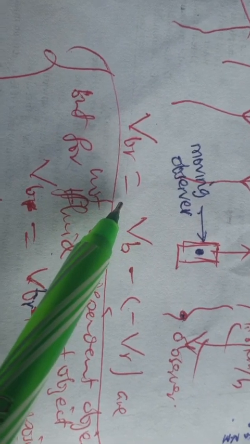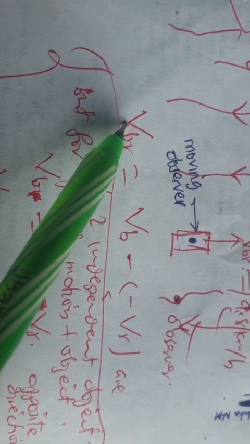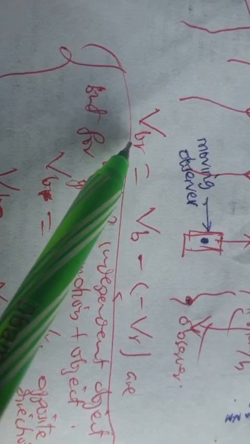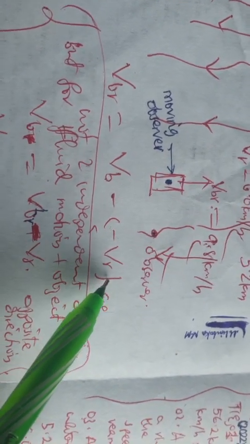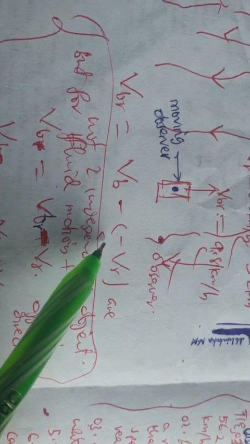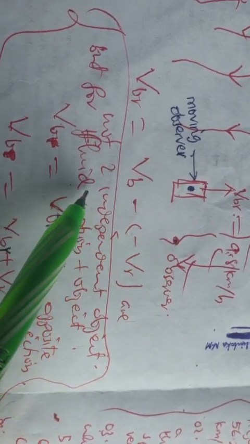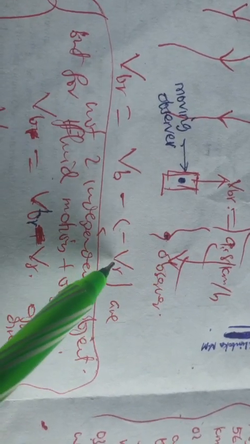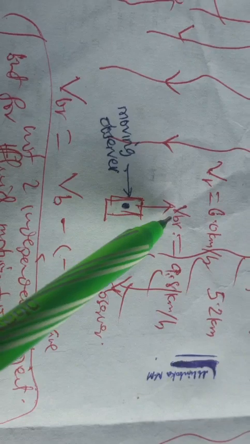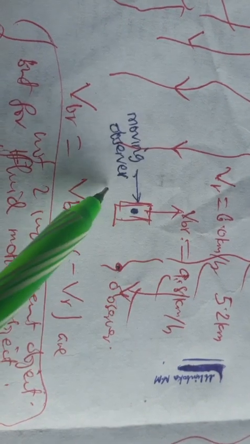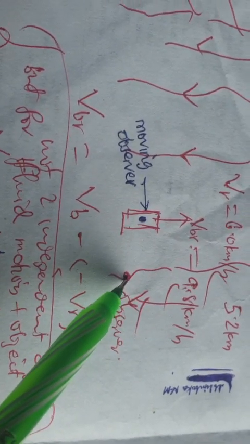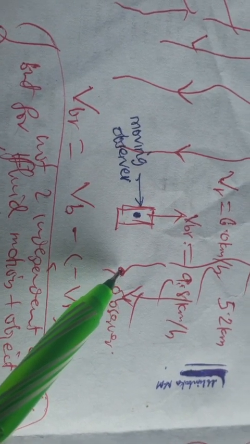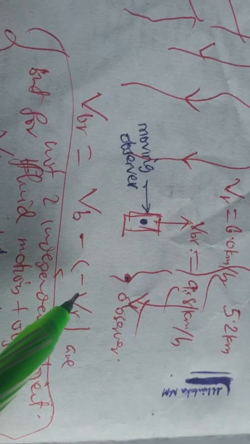The velocity between two objects in relative motion is given as follows. The velocity of the boat relative to the river is given by the velocity of the boat minus the velocity of the river, as observed by the inertial observer at the banks here. But this flowing river is moving against the velocity of the boat relative to the river. Hence, from the inertial frame of reference, this will be seen as moving at a negative